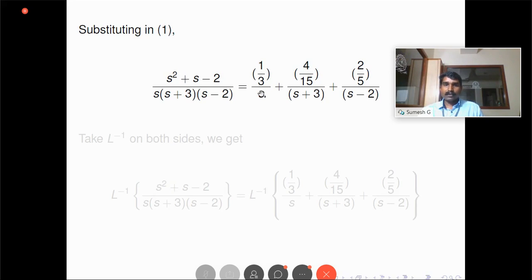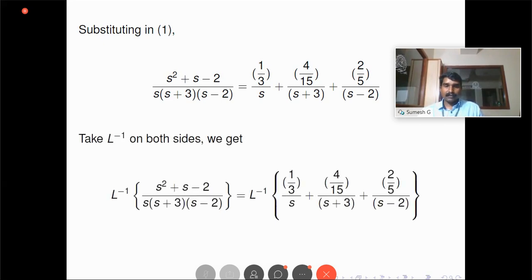Now the denominator is a single first degree term, so we can find the inverse Laplace transform. By taking inverse, we obtain the inverse of 1 by 3 by s plus 4 by 15 by s plus 3 plus 2 by 5 by s minus 2. Here we can apply the linearity property, which means we can take constants outside and split the corresponding terms, which gives